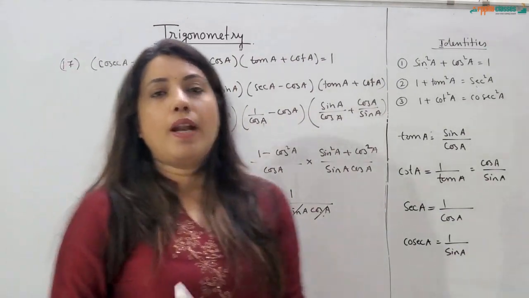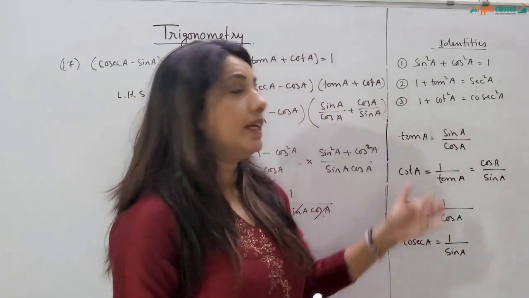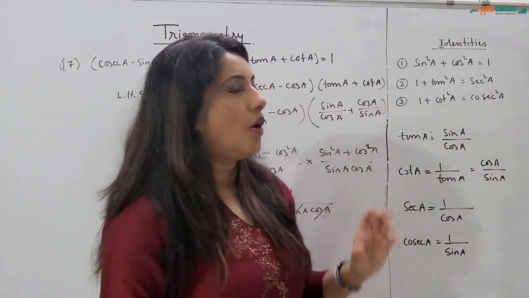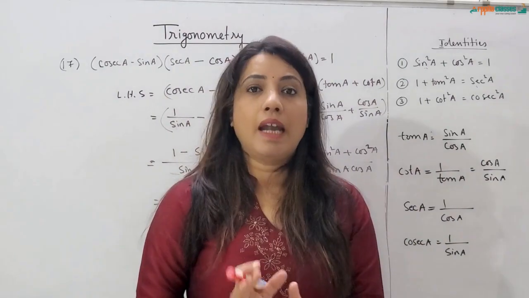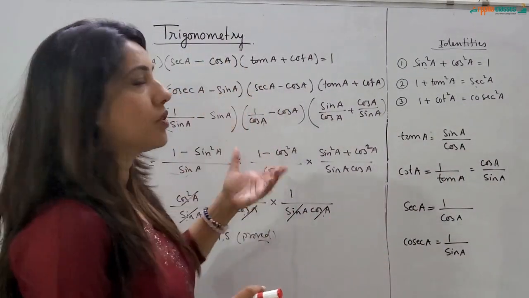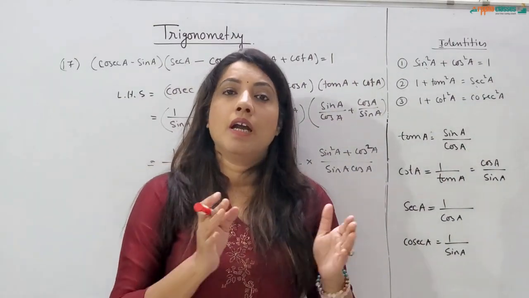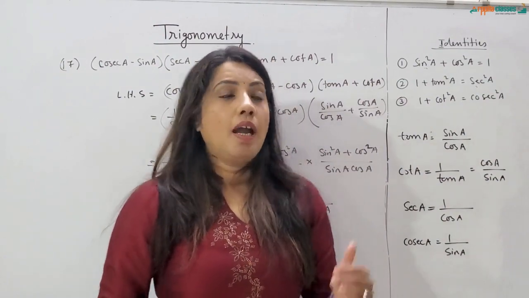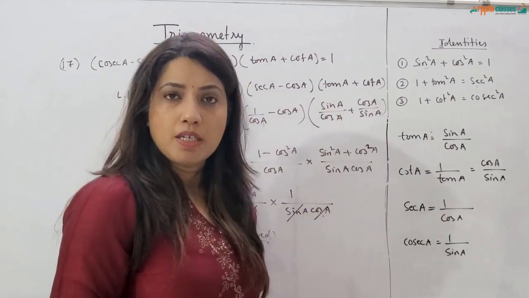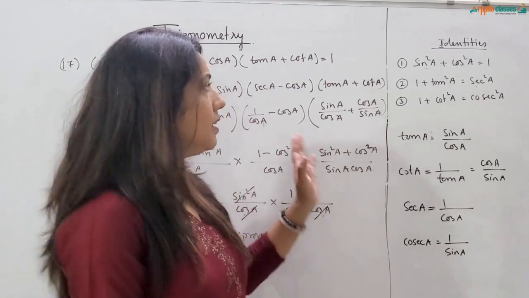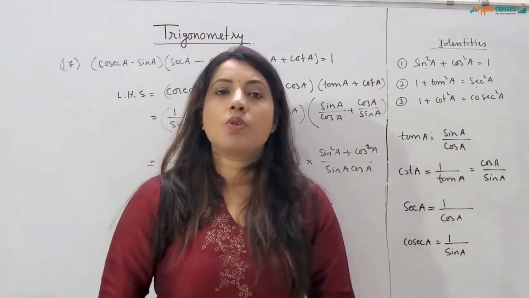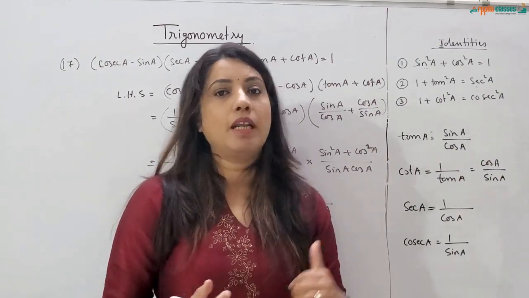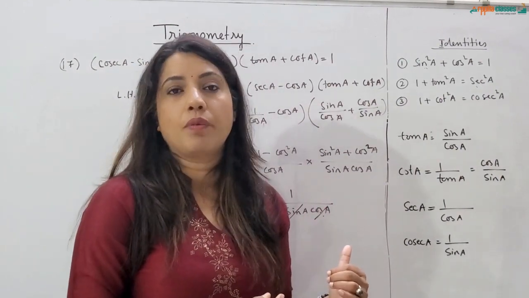So I hope all of you are understanding how to use the identities to prove these identities. Now, if you do not understand anything, you can just resolve into sin and cos, because resolving into sin and cos and then simplifying is the easiest way. It might take longer steps, it might be lengthy, but then you will definitely get the sum. So please stop the video and practice the sums along with me. If you do not get it, then you can just check the answers along with me.